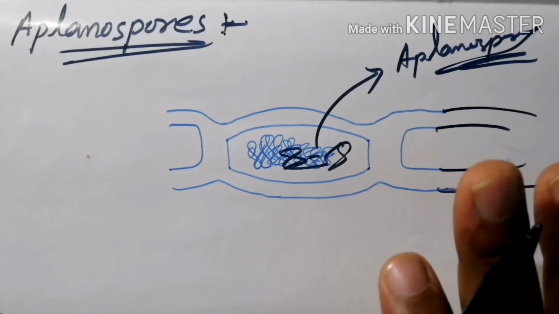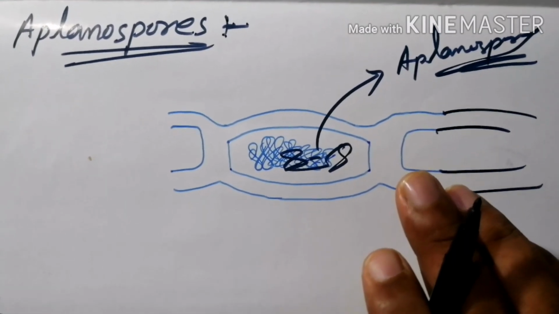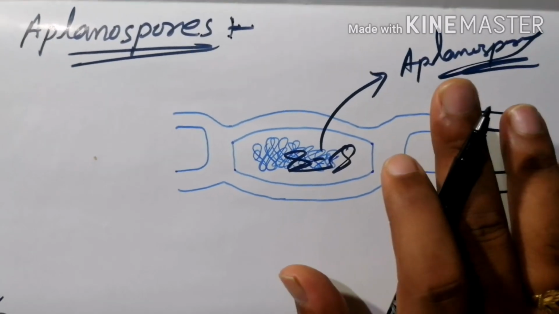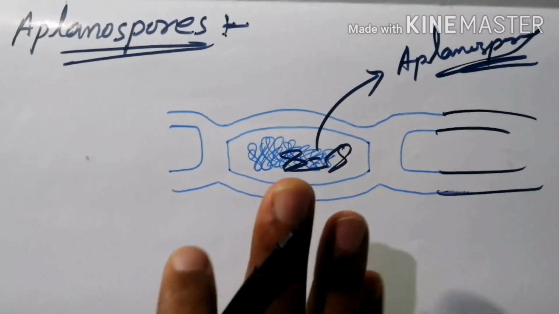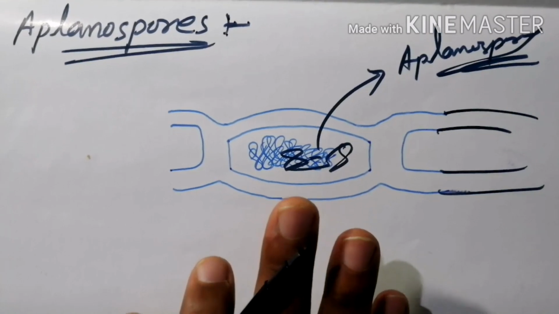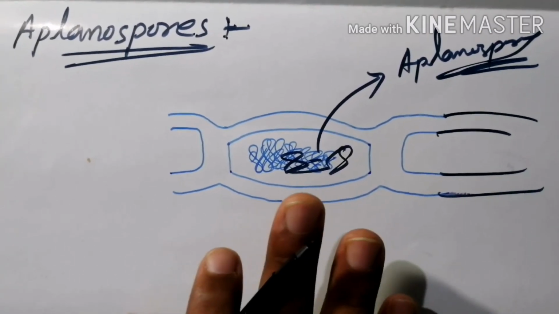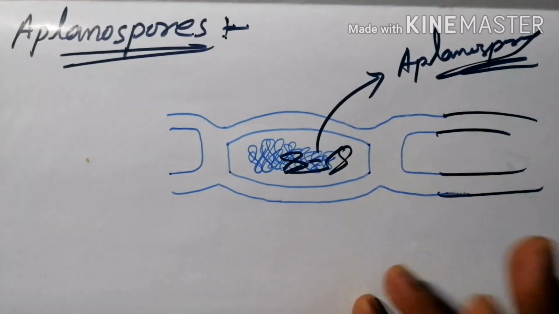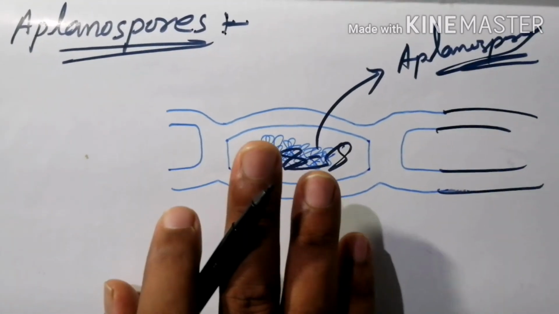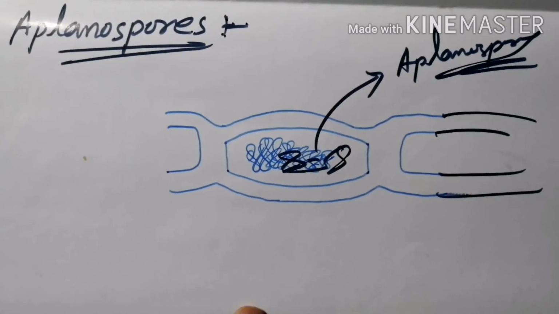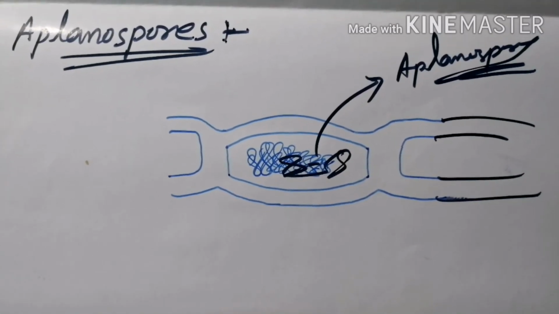So some basic things you have to remember in this concept: all these structures are the same, but Aplanospores are produced in unfavorable conditions and are mostly thin walled. It is not thick walled, it is thin walled. So you have to remember one thing about that. This is your thin walled structure and mostly haploid cells. Next we are going to study about your